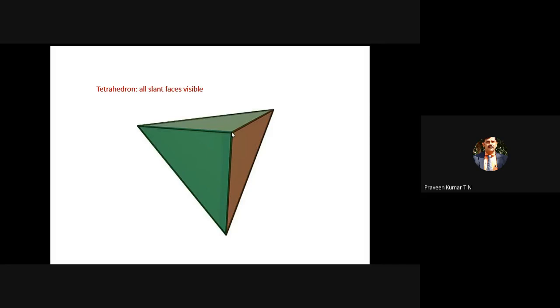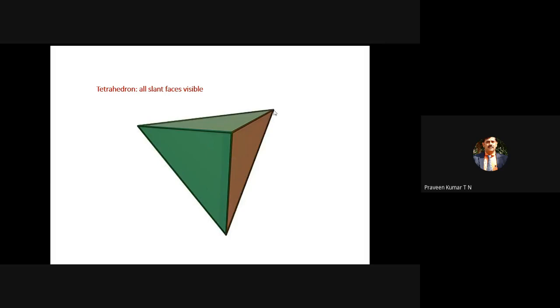Imagine you have a scissor. Imagine it is this particular tetrahedron, or for timing, consider it as a pyramid. So take the scissor, cut along this direction, from this point to this point, then open it. You are removing the bottom face. The bottom you have a triangle, so you are removing the bottom triangle. You are cutting along this edge. You can see the front edge. And once you cut and open it, then it is referred to as a development of solid.